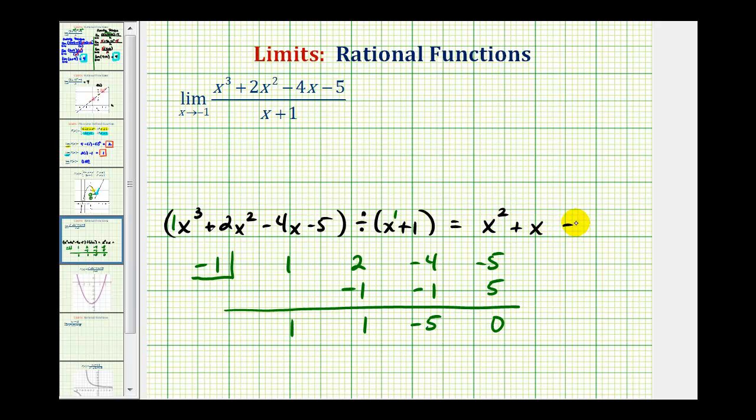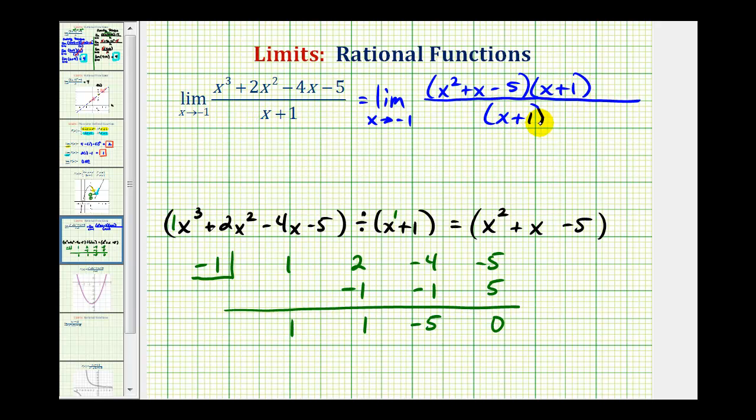So going back up to our limit, we can write this as the limit as x approaches -1, and the factored form of our numerator is going to be x squared plus x minus 5 times the quantity x plus 1, and our denominator is still the quantity x plus 1. Now that we have it in factored form, notice how we have a common factor between the numerator and denominator, which graphically represents a hole at x equals -1, which would not affect the limit. So we can simplify this out, leaving us with the limit